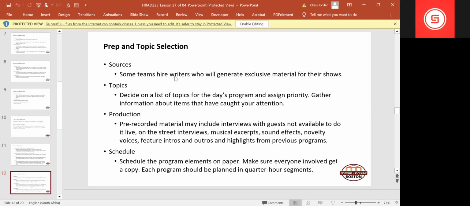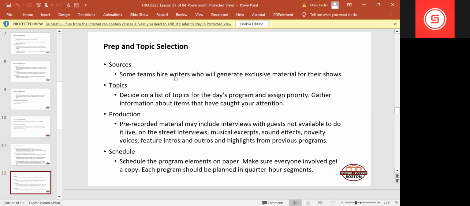Okay. So pre-recorded material may include interviews with guests that are not available to do it live. We hashtag love pre-recorded material because, as I've said before, one benefit is cutting all the rubbish out, and two, controlling the quality of a pre-recorded segment. And then obviously you can decide to cut it and play it out when you want to on the show.